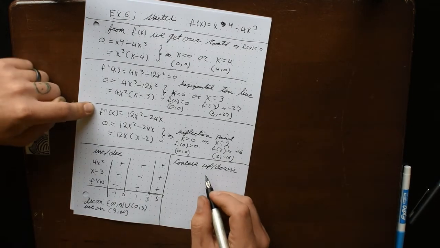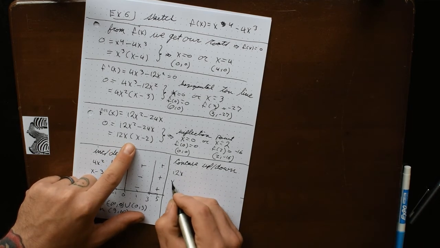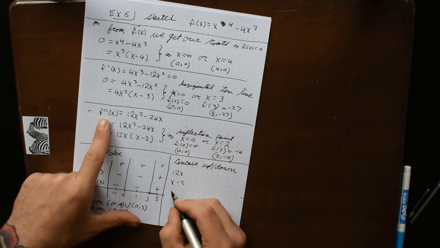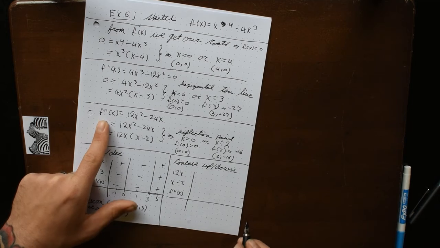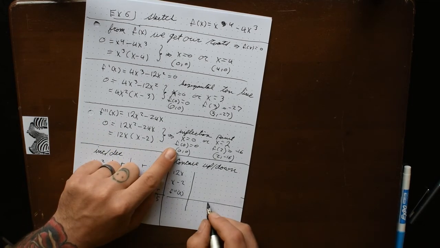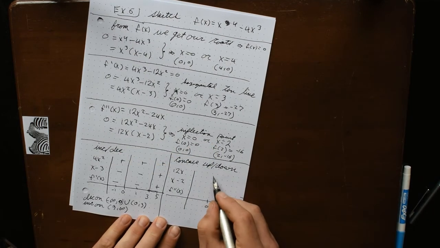We look at our second derivative. We're going to have a 12x, we're going to have a x minus 2, and now we're going to have the second derivative of x. The points we care about are when x is equal to 0 and x is equal to 2. And we want to test numbers